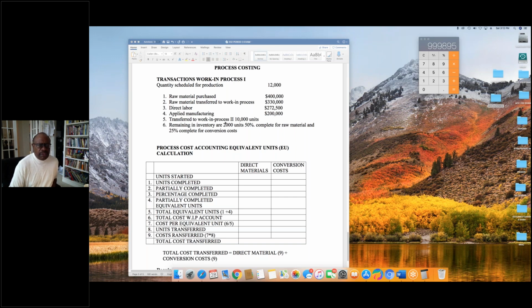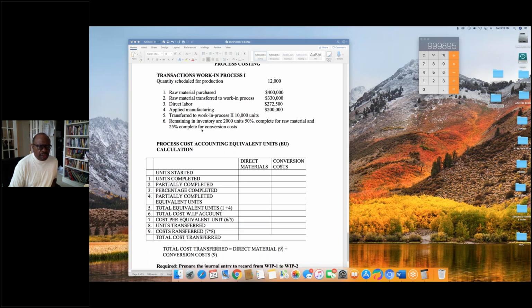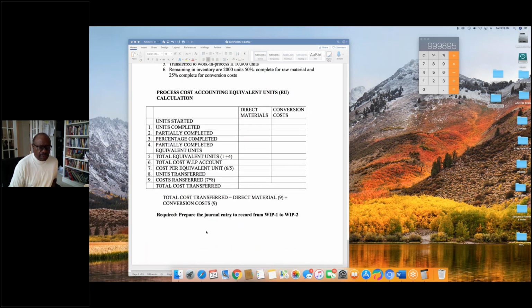We transferred to work in process 2, 10,000 units. So we started 12,000, we completed 10,000. The ones that were left behind were 2,000 units, 50% complete for raw materials and 25% complete for conversion costs. What is the journal entry required to transfer from work in process 1